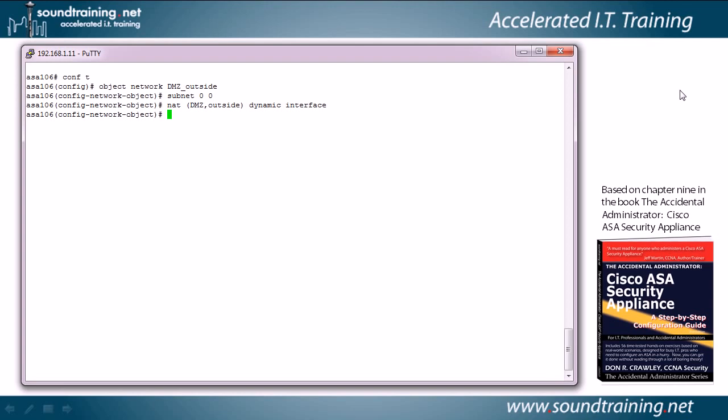We're going to create a new network object, object network web server from outside. We're going to identify our inside host that's running the web server software, host 172.16.0.2. And now we're going to tell it what to do. We're going to say nat DMZ from the outside static